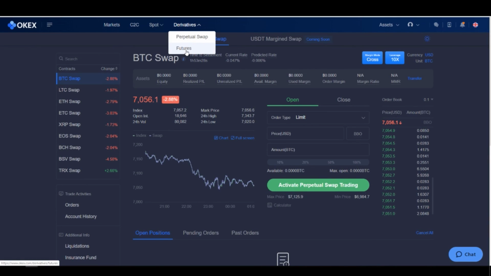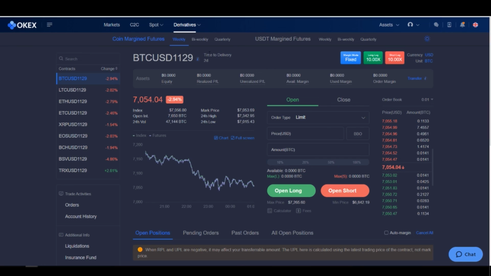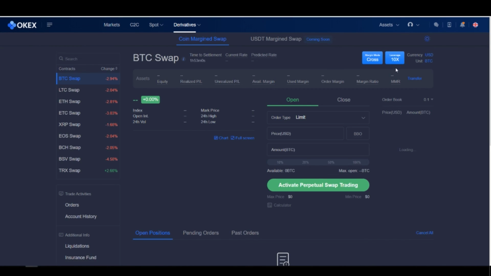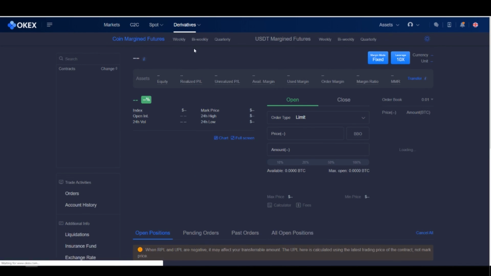Going to the futures tab under the derivatives market, the derivatives and the futures and the perpetual swaps are practically identical, although as you can see over here, you do have a little more information when it comes to the long versus the short. You have both compared to with the swap. If we go back real quick, you just have the leverage. So going to the futures tab again,